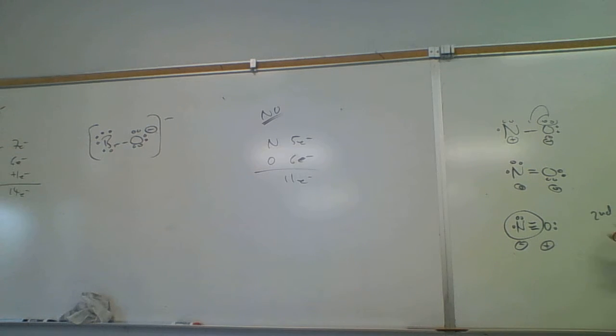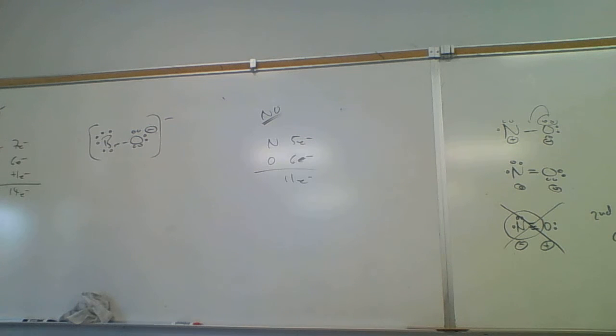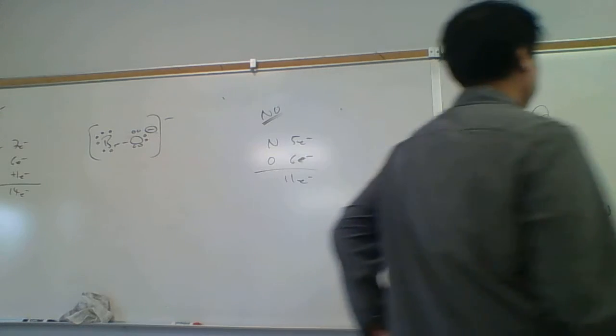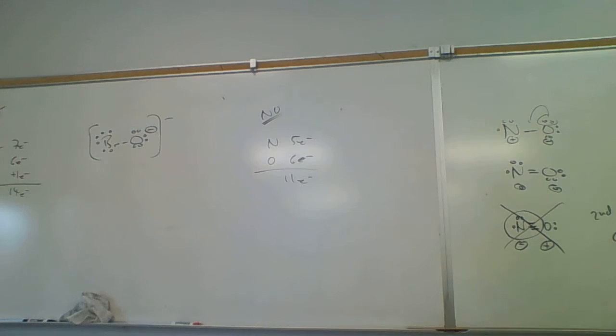And so nitrogen's always going to come out short here. In this case, this is not going to work. And so we can have below an octet, we cannot have more than an octet for nitrogen. But the next example is even more readily apparent, because if we look at the next example, which is NO2,